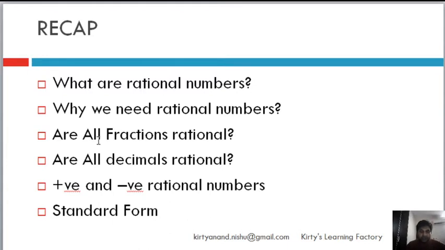Currently, I'm not covering it. I think we're supposed to cover it later when I cover the class 8 syllabus. Then we talked about positive and negative rational numbers. The only addition here to the negative rational numbers were the negative fractions, okay? And then standard form. So this is all what we did. If you have missed this video, please go to my channel and look up grade 7 equivalent. I have created a playlist and you will also see part 1 of rational numbers.